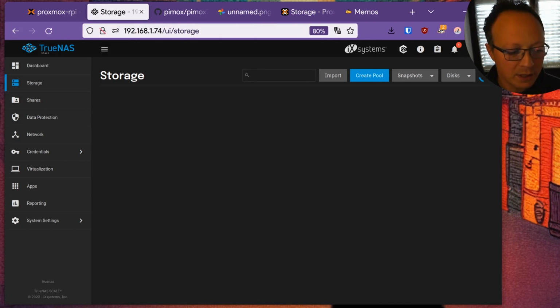Other topic is the automatic snapshots and backups, and you can do it in TrueNAS.